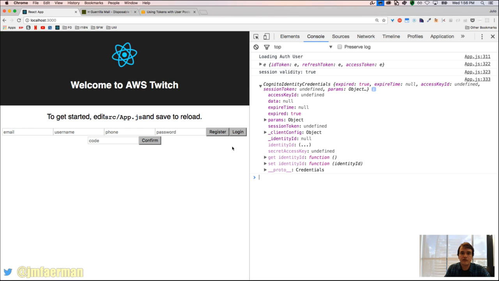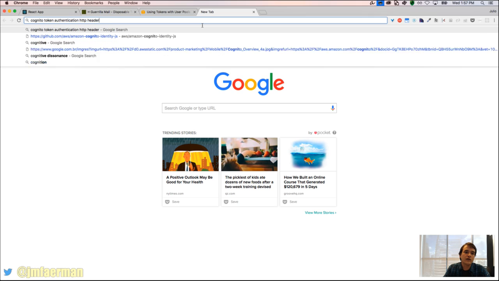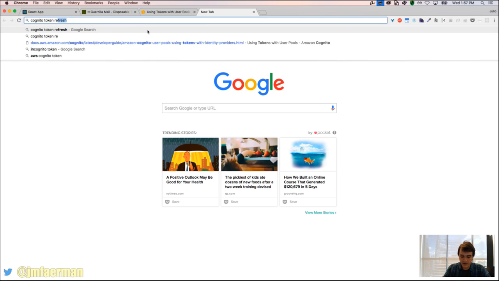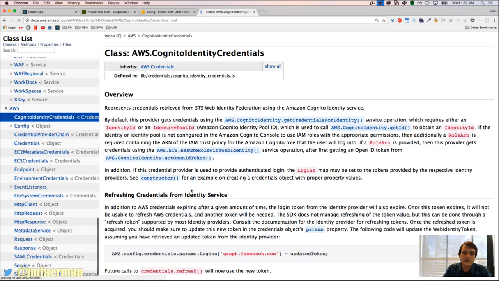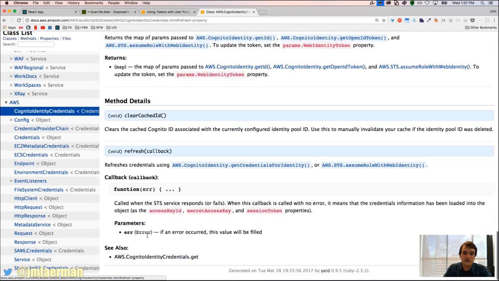And the method for this is the refresh method. We have a valid refresh token, so we can call Cognito token refresh. I believe this is the right method, and here we can call this refresh method and get